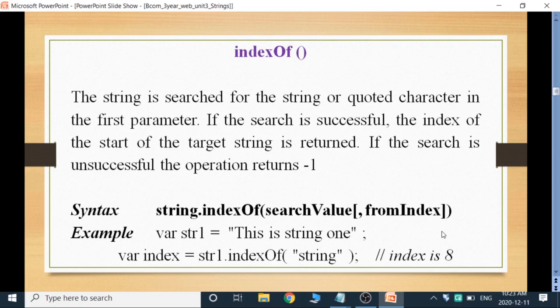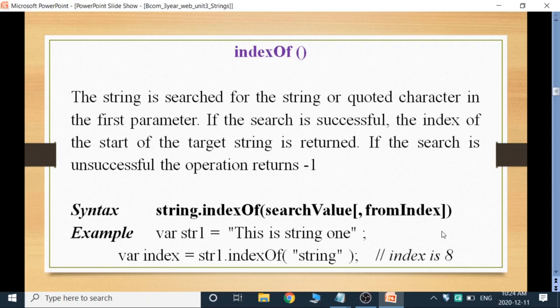See the syntax: string dot indexOf search value, from index. Here, search value, from the index. Example, string 1 equals to, this is string 1, where index equals to str1 dot indexOf string.